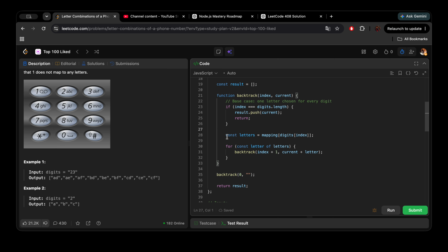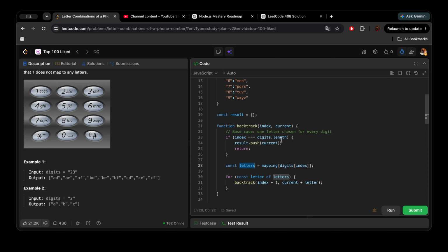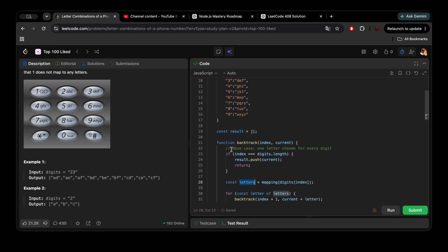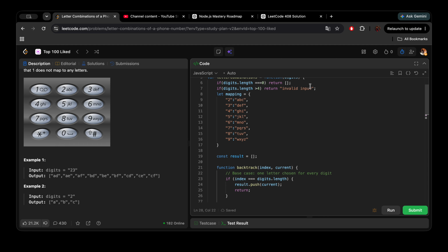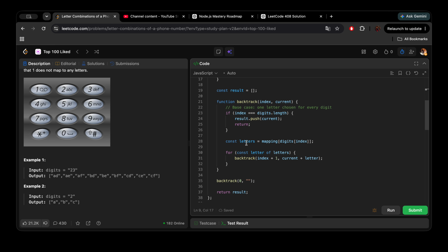If not, we'll have a const letters. In this const, we'll get the mapping from here. So let's say if the current number that we got is 2, we have the mapping of 2 as ABC. So in letters we'll store ABC, and in line number 30 what we'll do is take each character